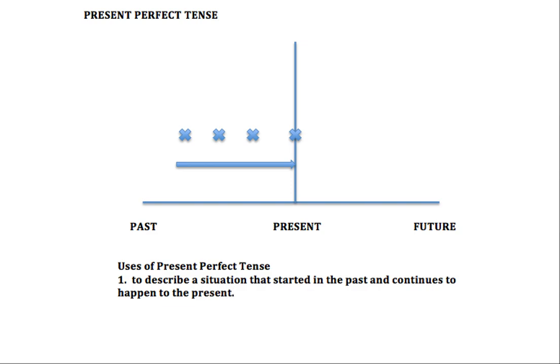So something that started in the past but continues to happen until the present. So other example that we can give is, there are a lot of examples that you can see from the textbook. For example, when we say